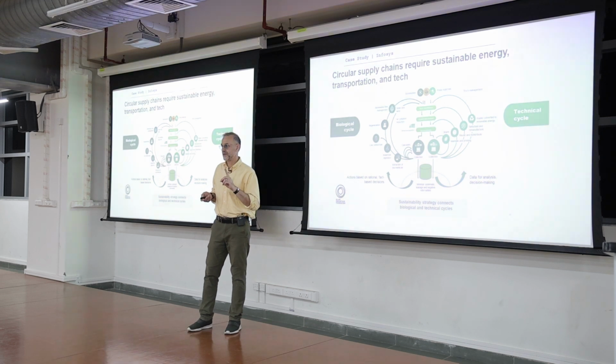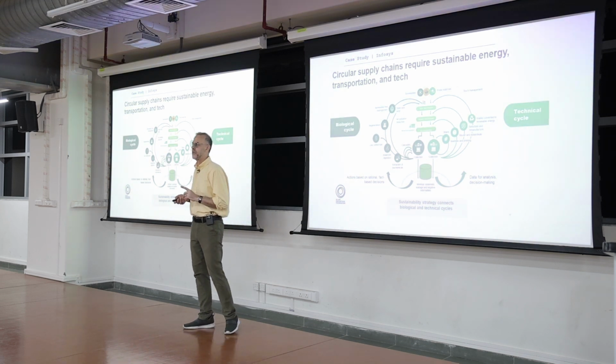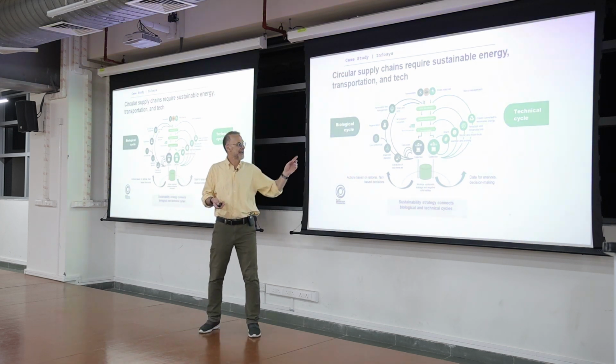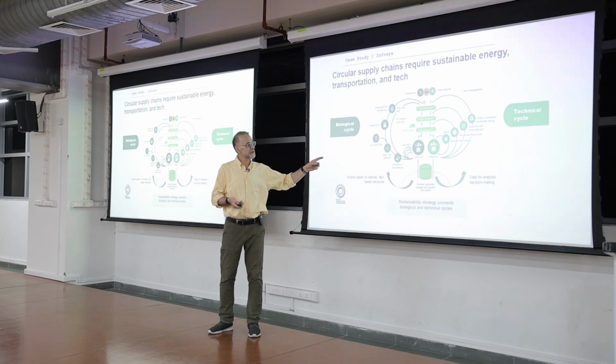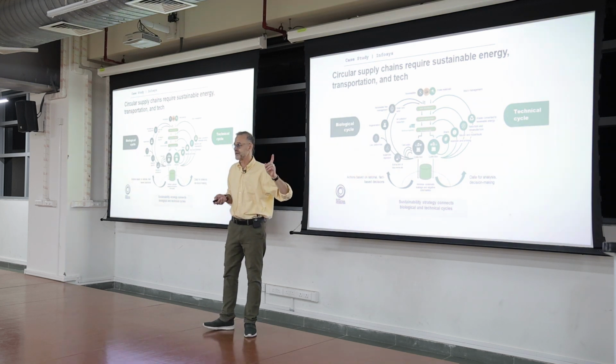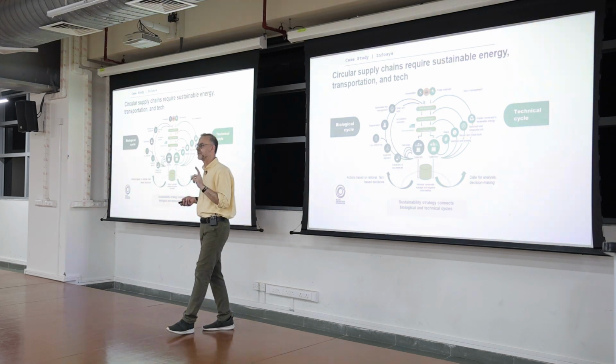What most institutions don't think about, though, is there are actually 2 kinds of loops of circularity. It's not just physical examples like I talked about. There's also biological circularity. How do you treat your rivers? How do you treat your biodiversity? How do you treat your landfills? So it's actually understanding both the biological cycle and technical cycles when you do these kinds of plans through here. There's lots of science on this. It does not have to be invented, but it has to be creatively addressed.